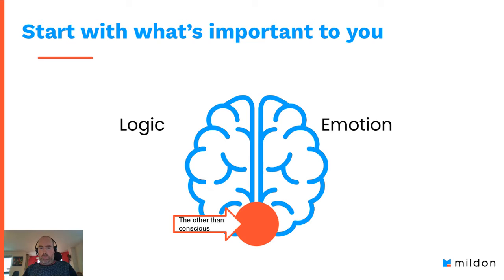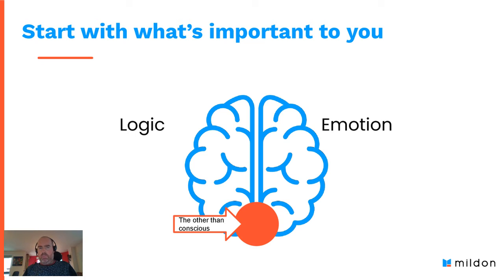Or there might be an emotional argument. It might be that there's a senior leader in the organization who just wants to be a really inclusive leader so that the people in their team are able to perform at their best. They might be thinking about how their son or daughter fits into the future workplace. Perhaps that son or daughter has got a disability, or they're LGBT, for instance, and they might be thinking about where their son or daughter fits into the future of work. And they might be thinking about what they can do to the workplace now to create more inclusive workplaces for their son or daughter going forwards.